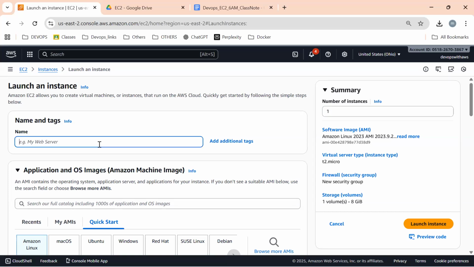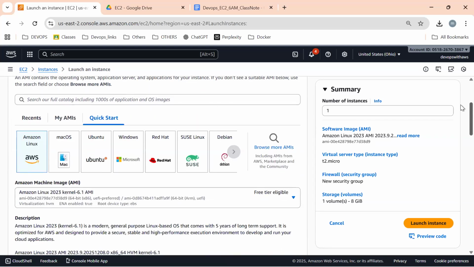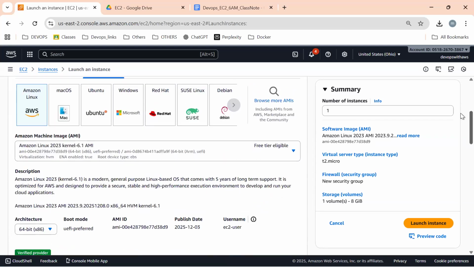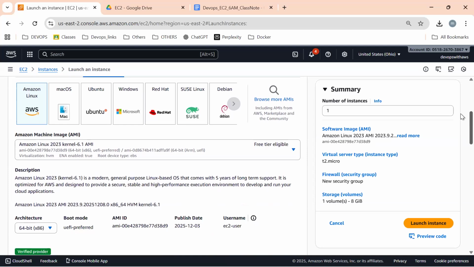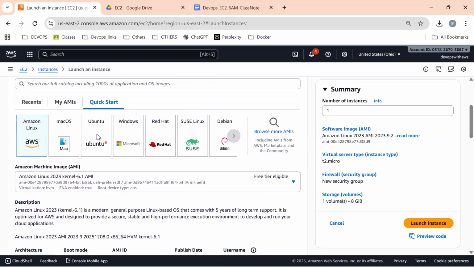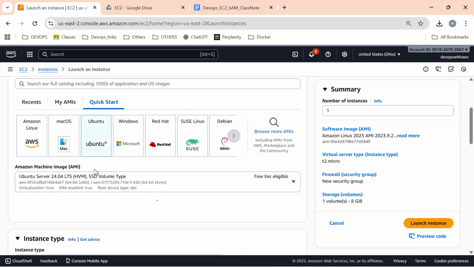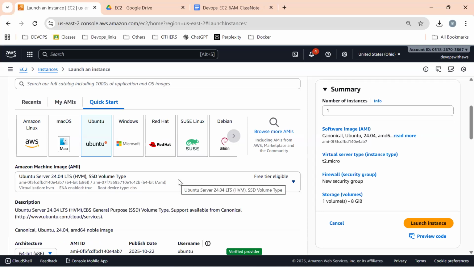Once you choose instance one, what is the name? The name of the server is My Web Server. Once it is chosen, click on Ubuntu, or else you can choose any other operating system, guys.